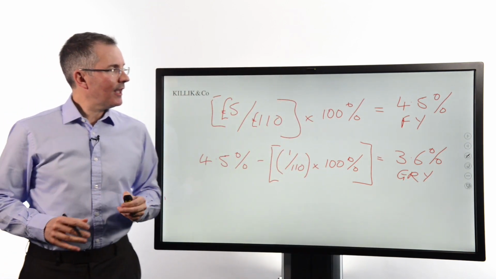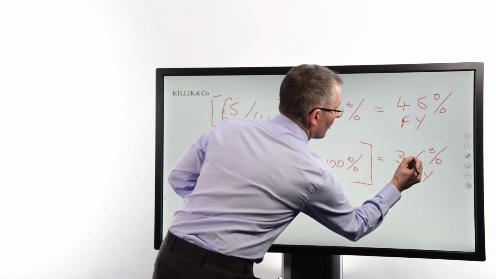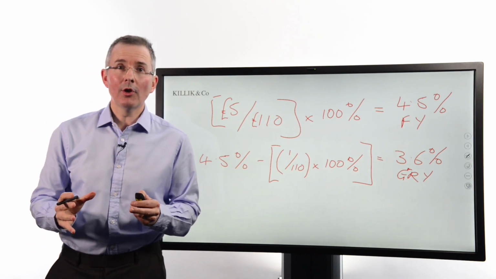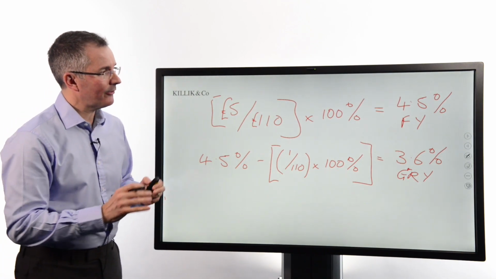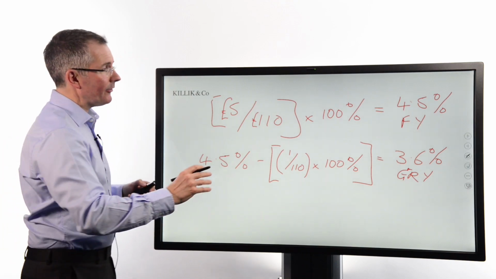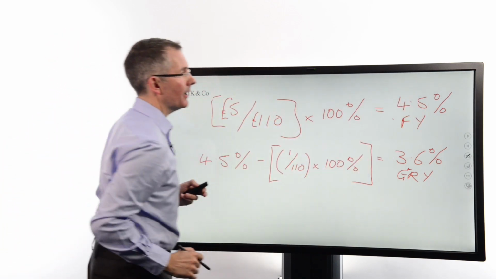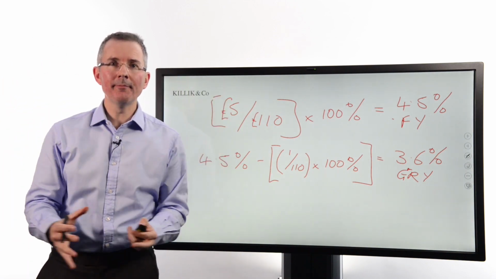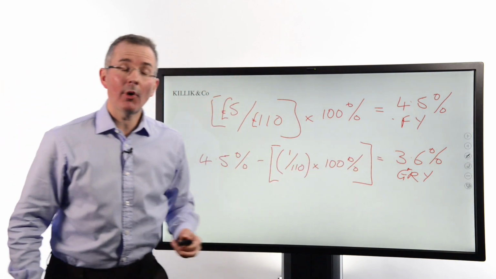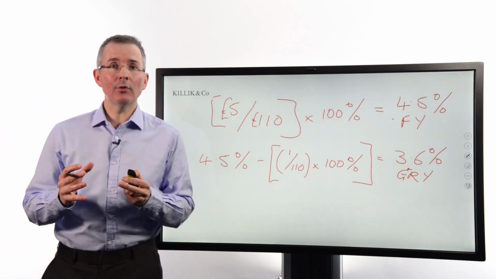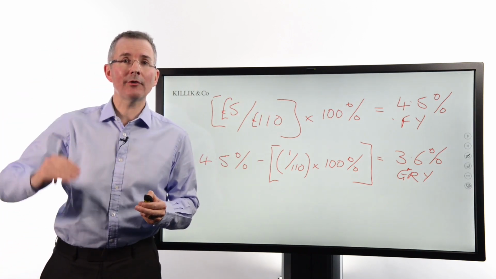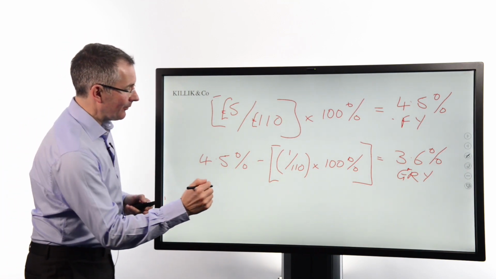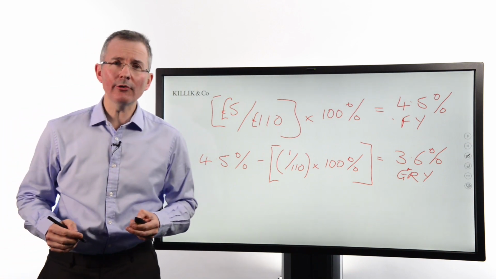Okay. Now, if you're thinking that's already a bit fiddly and that wasn't even the full version, just bear in mind these are normally done for you. But what am I saying? The more important thing is what this is saying, not the numbers, to be honest. This is saying that from an income point of view, I can expect an annual return of around 4.5%. As a total return, I can expect more like 3.6%, factoring in the capital loss that arises from paying £110 for something that ultimately will only be worth 100. Okay? And it's that second number that goes onto yield curves.